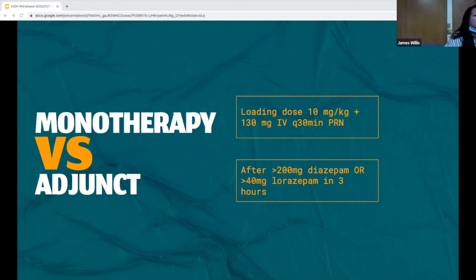I know there's a concern that with the benzos and the Phenobarb, there's a risk of toxicity, but you really are only giving them these 130 milligram boluses, which is a much smaller dose than the 10 milligram per kilogram loading dose. And usually we think the toxicity level is about 40 milligrams per kilogram for the Phenobarb. So by giving these small boluses, you shouldn't get to that toxic level.